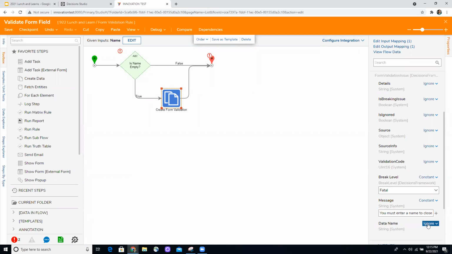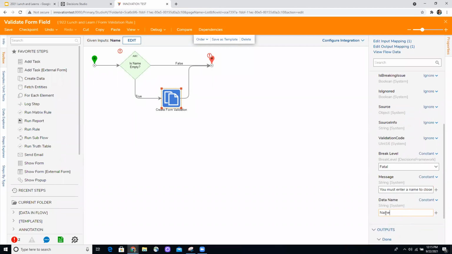In the data name, that is going to be constant. This is one gotcha that I've encountered before, that this data name here has to match whatever the name of the data field that you're attempting to validate. So that's something to be sure of as well.